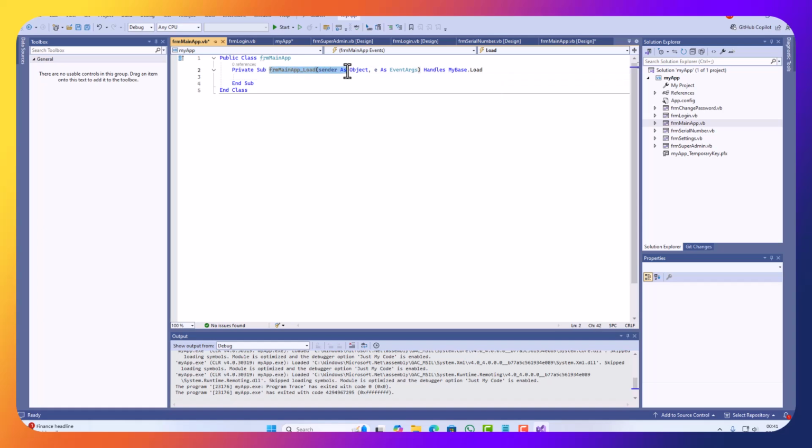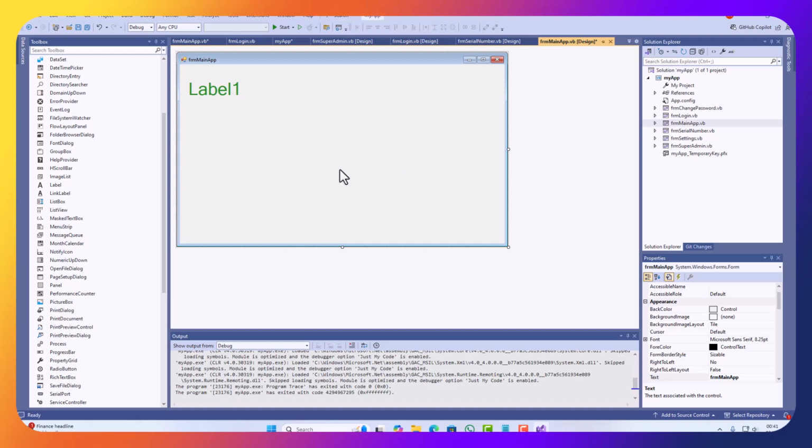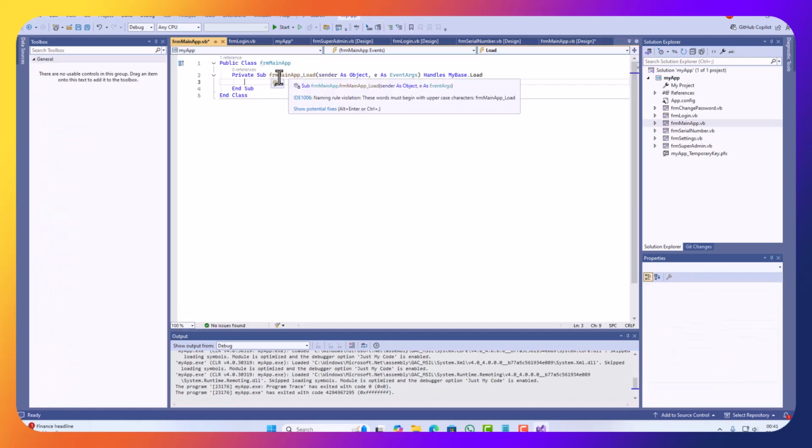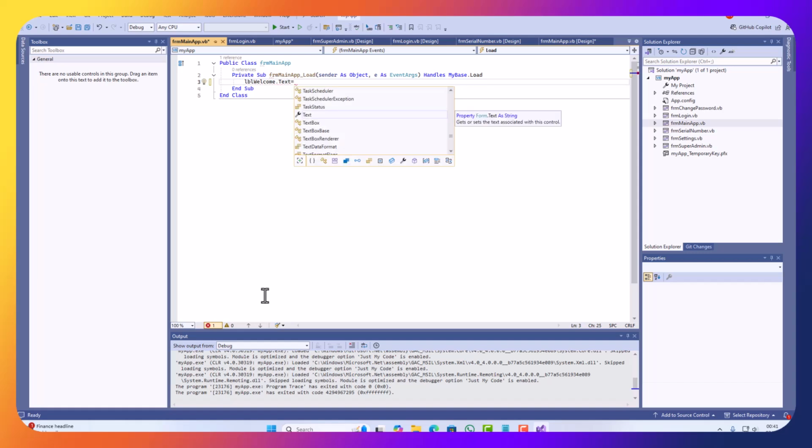So on the form load, I'm just double clicking anywhere not on the label, on the form, to generate the private sub for form load. So when the form loads, I'm going to say lbl welcome.text equals